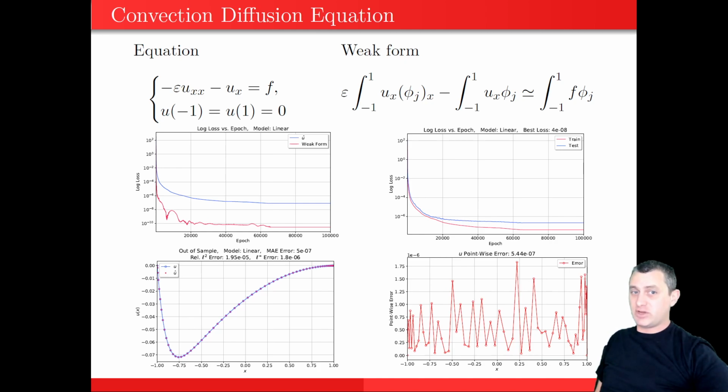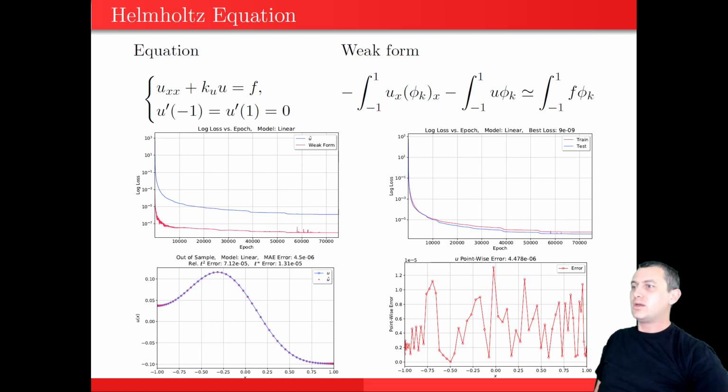As you can see here in the convection diffusion equation, our model has converged after roughly 62,000 epochs with a mean absolute error on the order of 10 to the negative 7th. The relative L2 error of this model is 10 to the negative 5th, and the L infinity error of this model is 10 to the negative 6th. So for a linear differential equation, we see here that we get roughly 10 to the negative 6, 10 to the negative 7th accuracy, which is very nice to see. And in the bottom left corner, you can see one of the solutions from the test data set and how